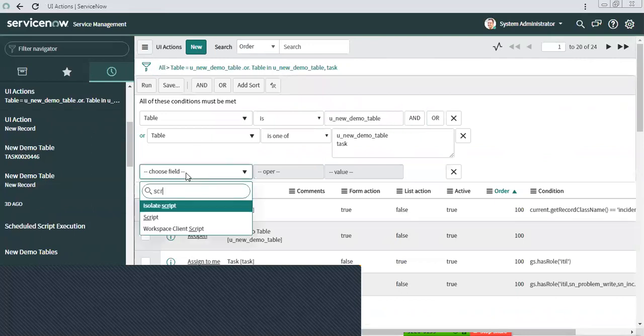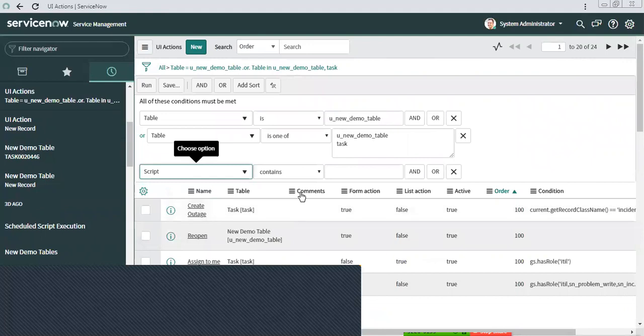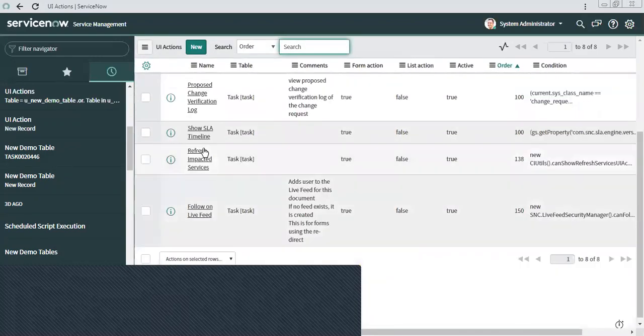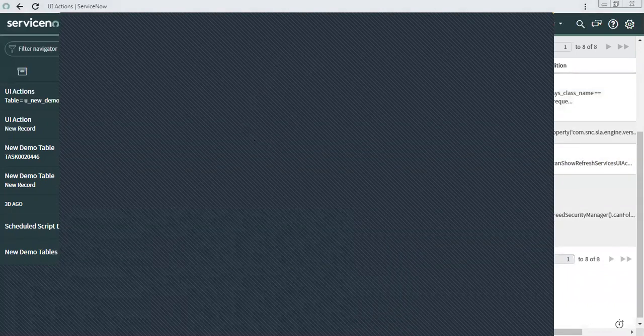You can also use ServiceNow for learning the script. You will find a lot of functions which are using the redirect. If you are forgetting something, just use that. I am going to search, and I am already seeing these many UI actions using the redirect function. In mine there is some issue.